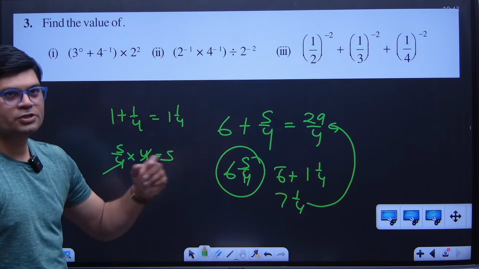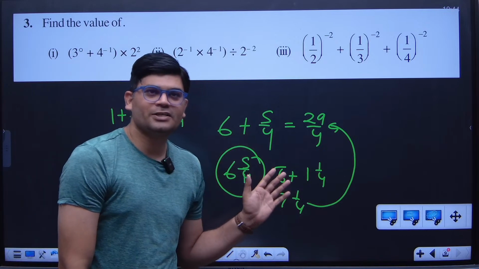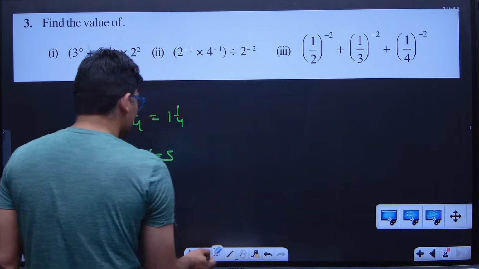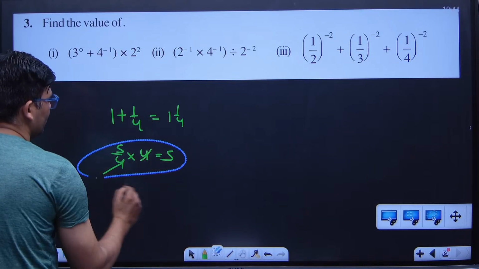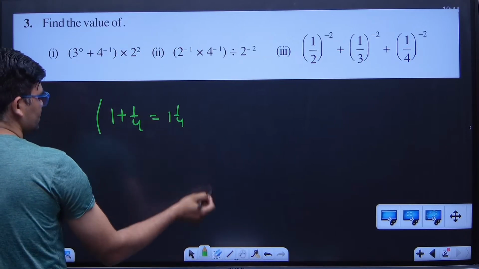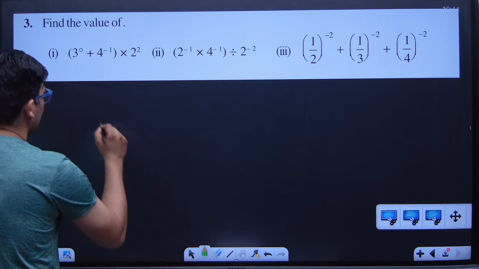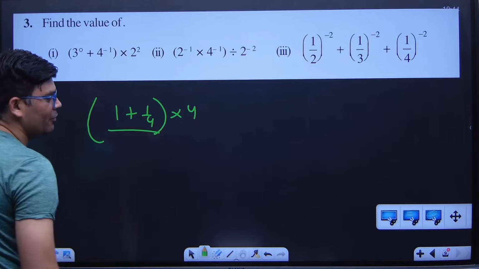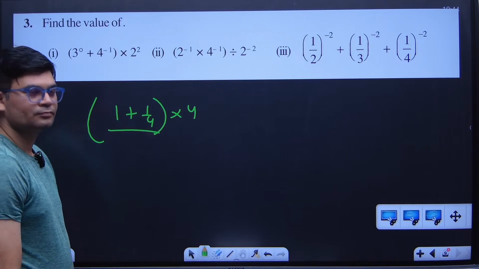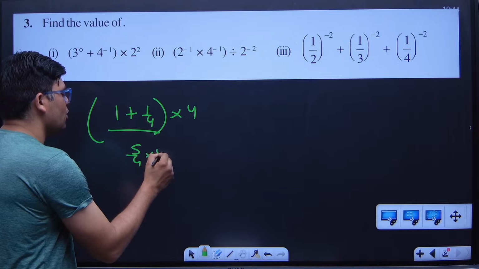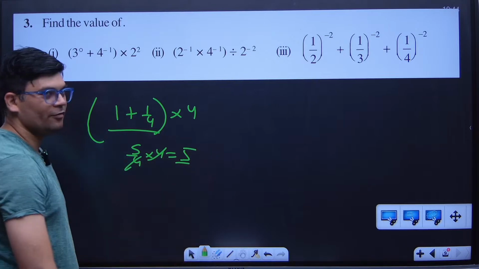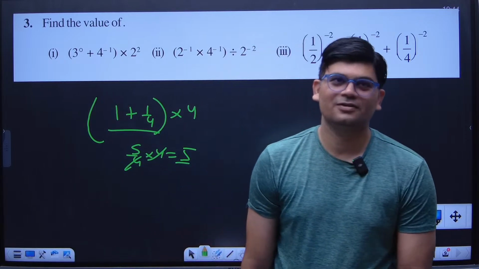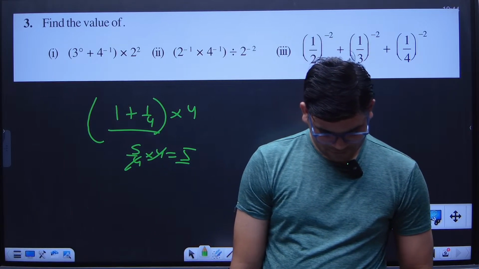But to solve such questions, you can imagine them as a mixed fraction. This is what I have done for the past 4 years to raise my calculation skills, and you can do that in the same question that is involved here. So the question was 1 plus 1 by 4 into 4. Now what will this value become? 5 by 4. So 5 by 4 into 4 is how much? 5. Okay, sir. Understood now? Yeah. Good. You write this down.